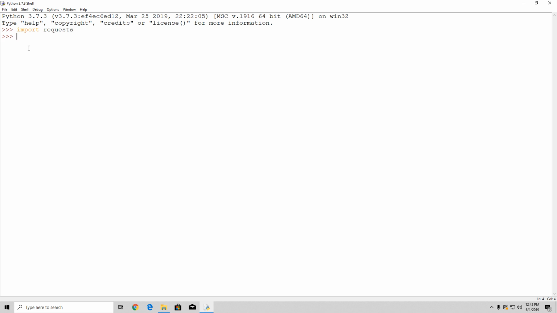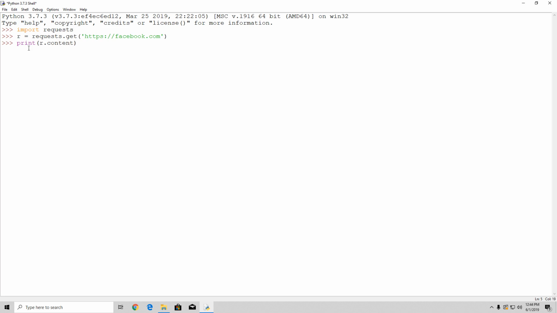Okay, so we imported requests, and right now we're going to create something like this. r equals requests.get, and all this takes in between the brackets is the URL of the site that we want to get the page from. So let's say we want to get the page from facebook.com. But make sure that you add the single quotes, and make sure to add https, colon, two slashes, and then facebook.com, and then a single quote at the end. Okay? Now, in order to print the HTML page, you can simply type print, and in between the brackets